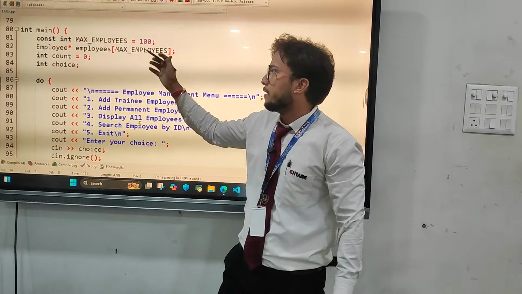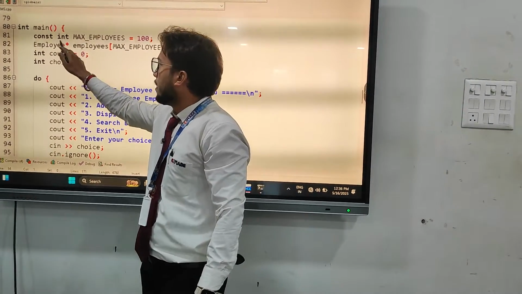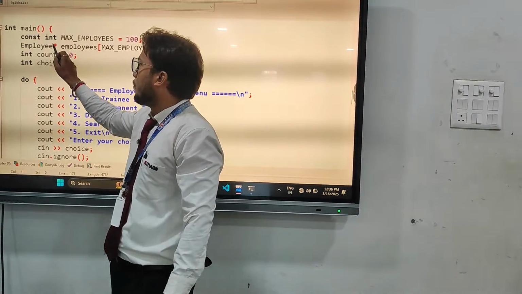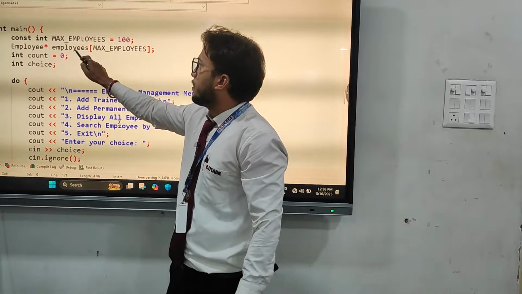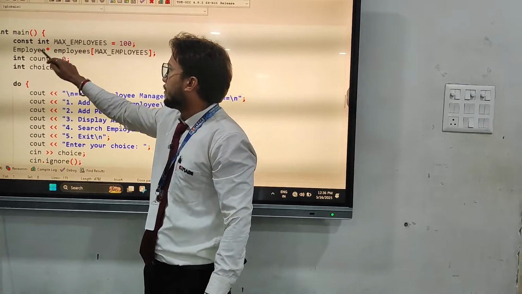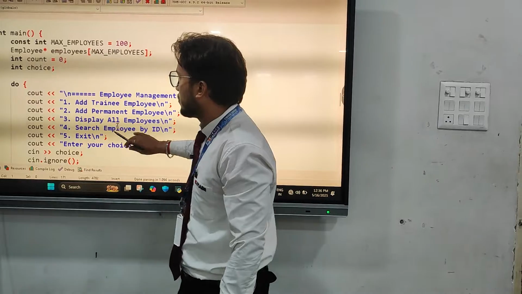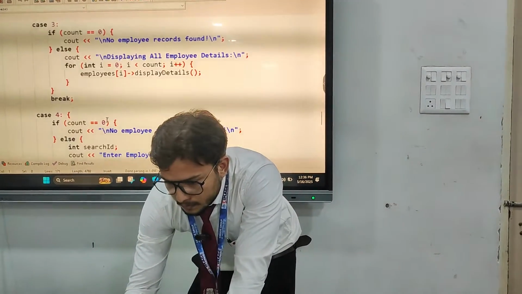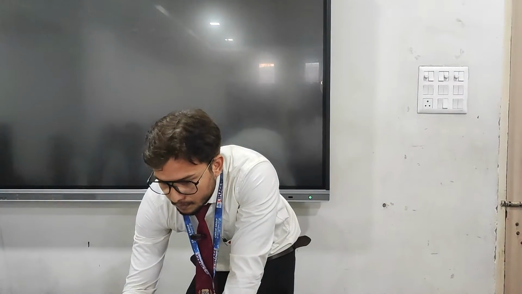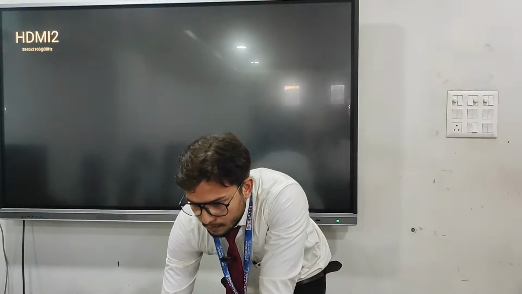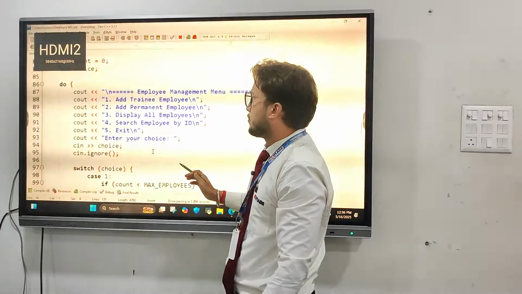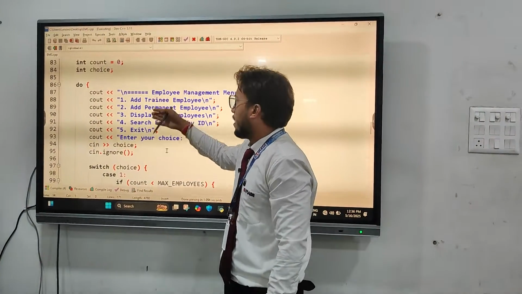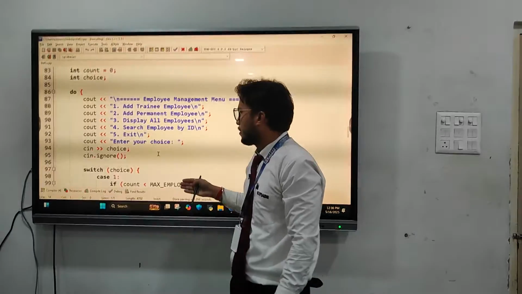As you can see, we have an Employee pointer, a pointer type of the class, and this is the object of this pointer type class. And this is the do loop that will ask for the details.